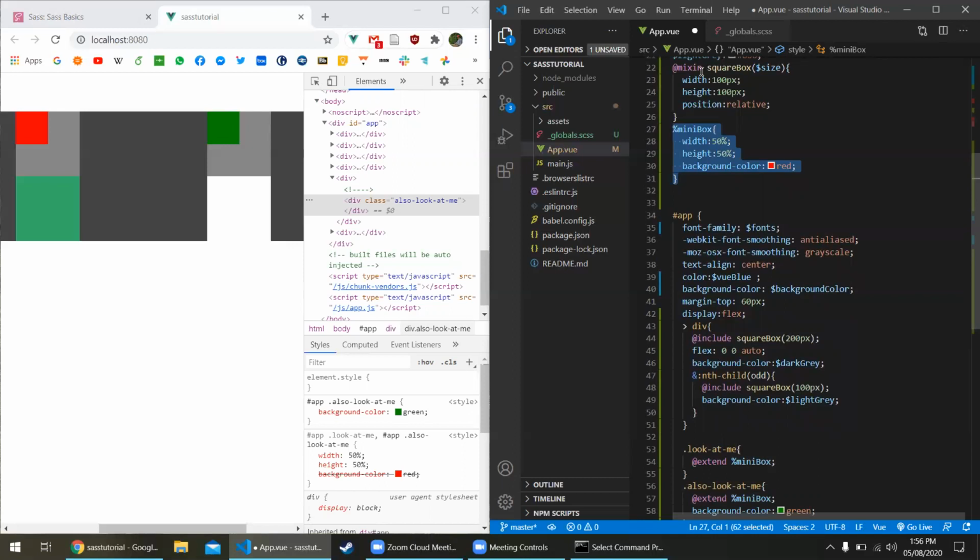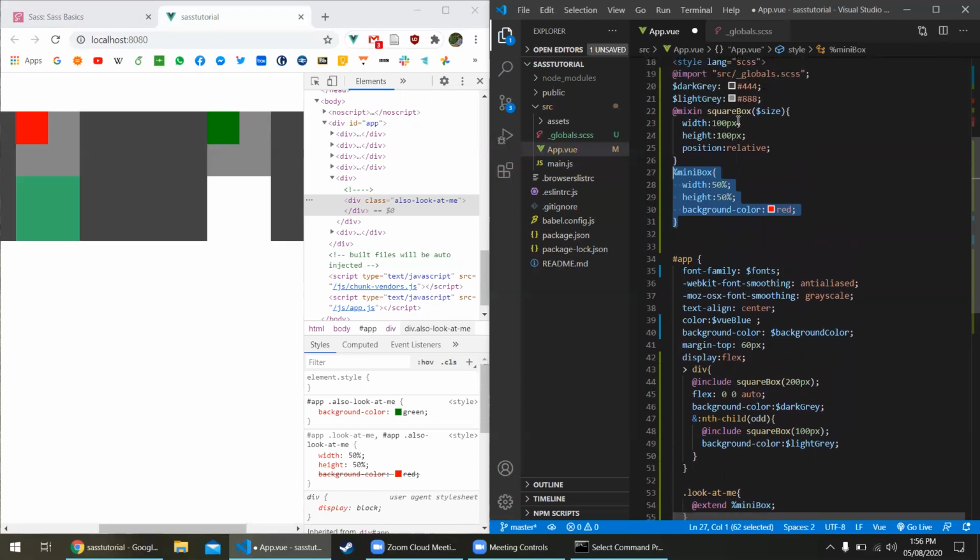Yeah. So it's like mixins. Usually mixins are better when you're using them like functions which take in variables, because then you're actually using them. These have to be mixins because they're outputting different